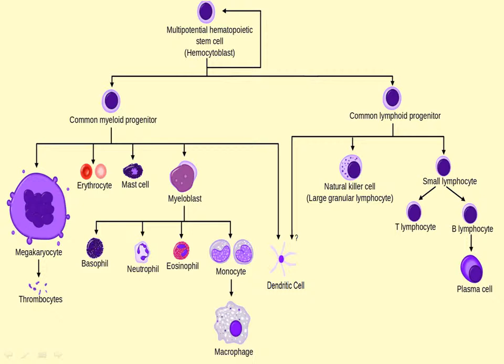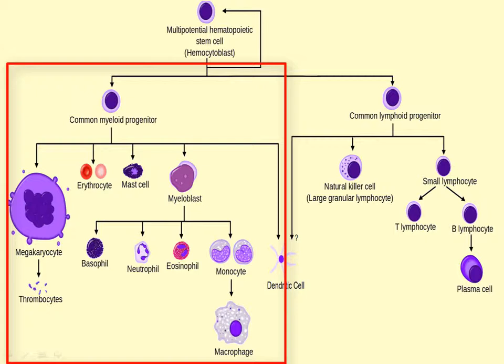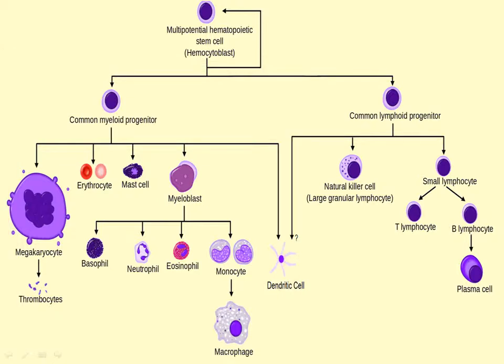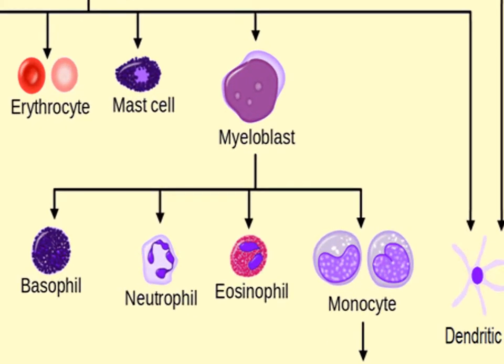common lymphoid progenitor cells. From the myeloid progenitors, we're going to make our myeloblasts, mast cells, erythrocytes, and megakaryocytes. And of course, look at these megakaryocytes, how big they are. They can make our thrombocytes or platelets. Myeloblasts are going to make for us the basophils and the neutrophils. Look at how the neutrophils are multinucleated. Also look at how the basophils have all of these vesicles loaded with enzymes, as we're going